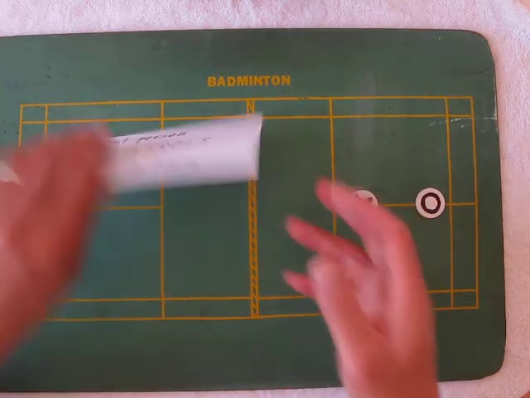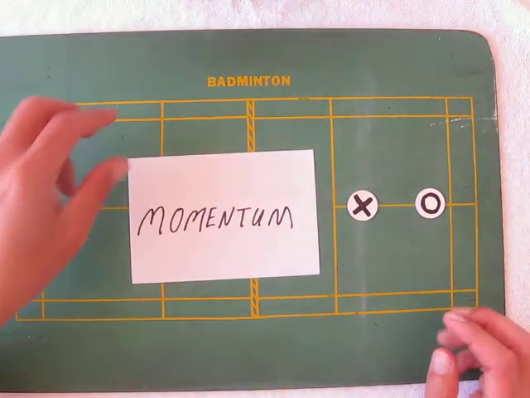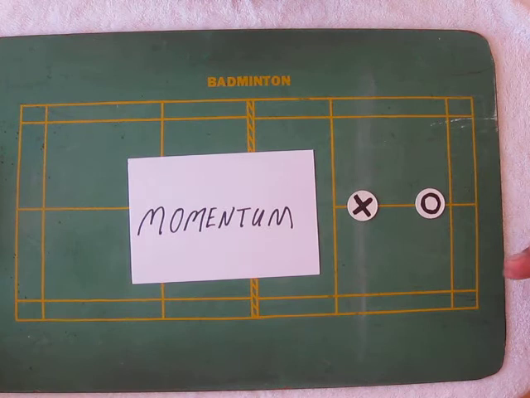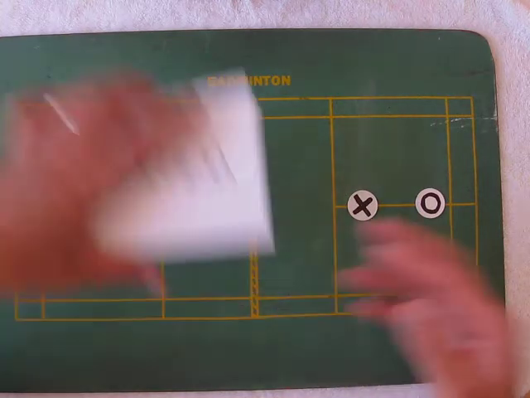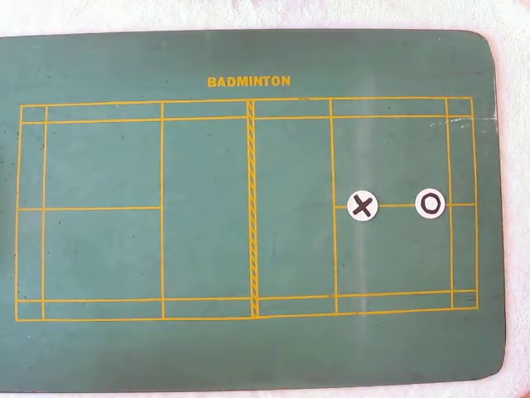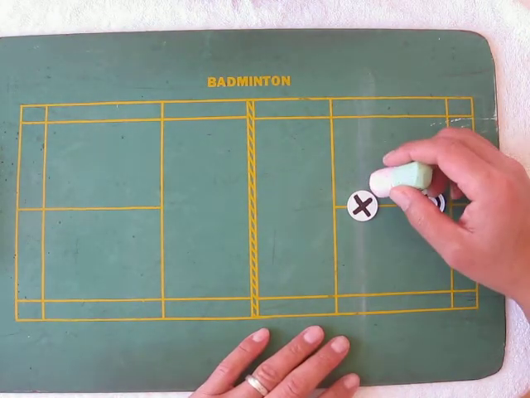Second rule is momentum. You want to go with the momentum of the play. Okay? And let me explain how all that works. This is the way I was taught. Imagine there's a V